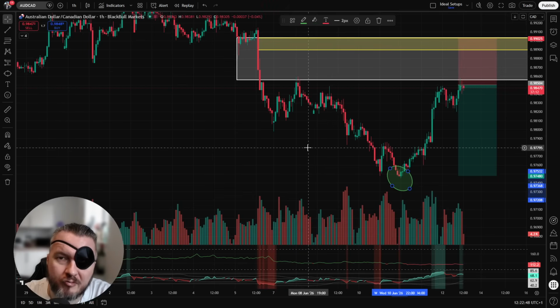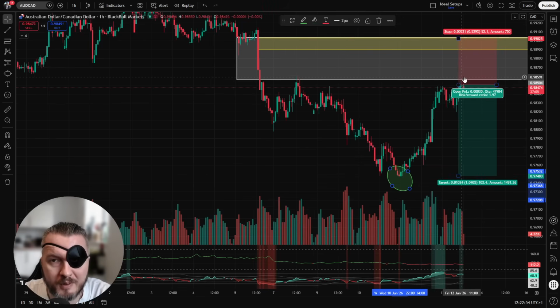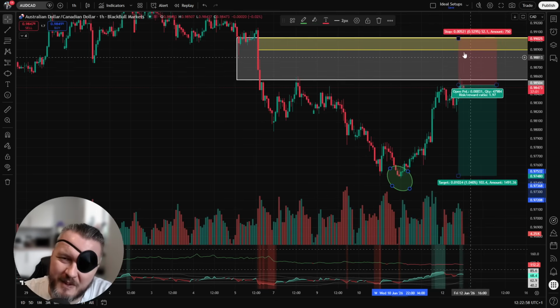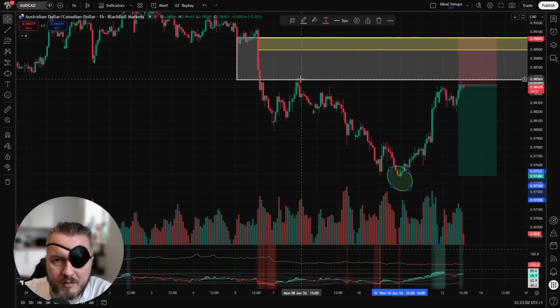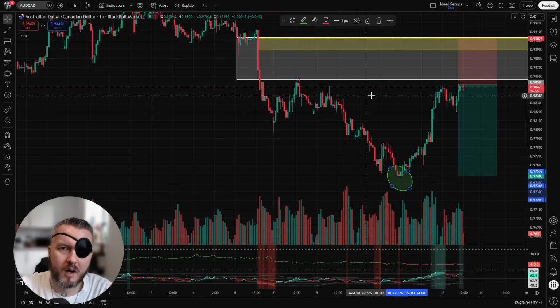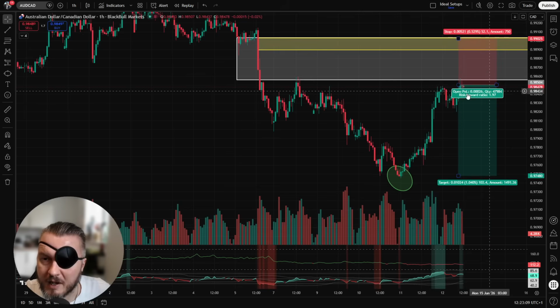Now, realistically, I could have waited to open a trade if it pushed further up here, which I'm anticipating it likely will do, but there's a good chance it may reverse off this point. So I didn't go full send on it, but I have opened a new trade up here, which I have